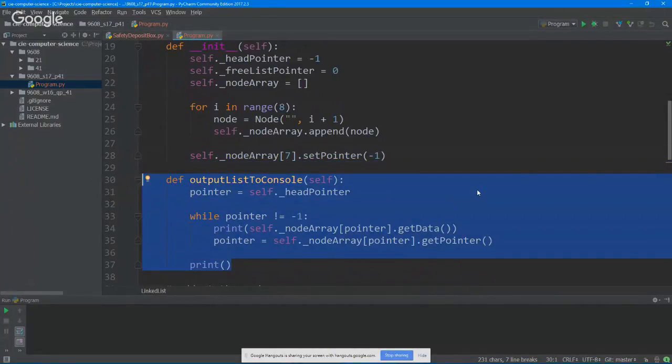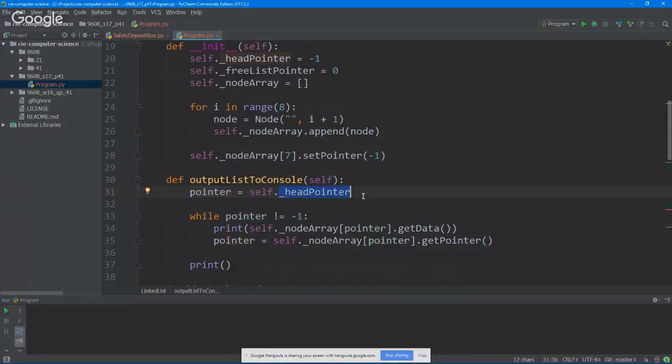So what do you need to do? You need to start from the head pointer. You create a pointer that is the same as the head pointer. If the head pointer is -1, that means the list is empty and nothing happens. Otherwise, until the pointer is null, so not -1, we print the data at that location. So self.node[pointer].getData() will get the data inside the node at the location pointer, and